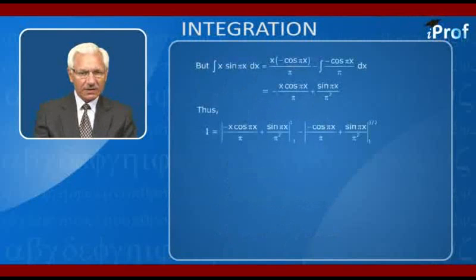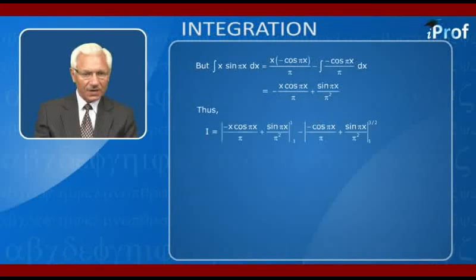But the integral of x sine pi x dx is equal to, integrating by parts, x keeping as the first function, sine pi x as the second function, becomes x times minus cos pi x upon pi, minus the integral of minus cos pi x upon pi with respect to x, which in turn becomes minus x cos pi x upon pi plus sine pi x upon pi square. Thus I becomes